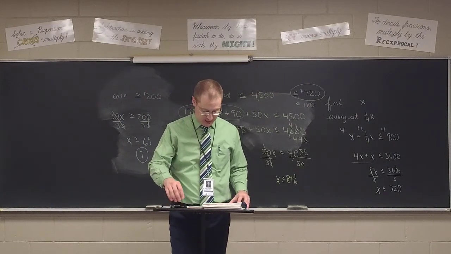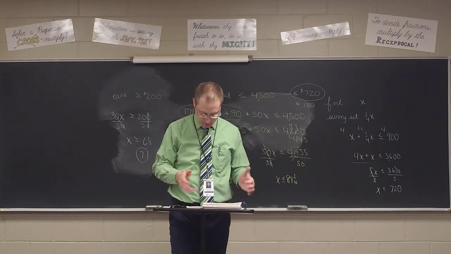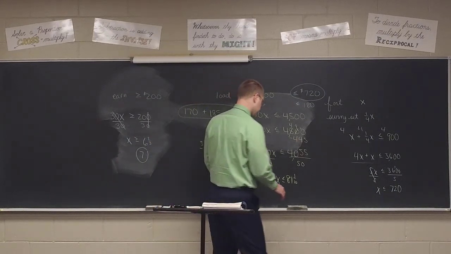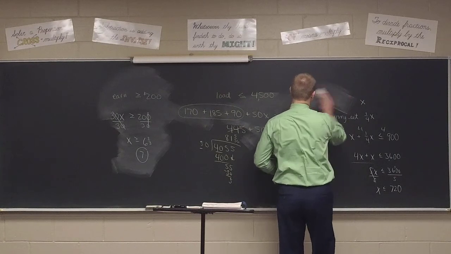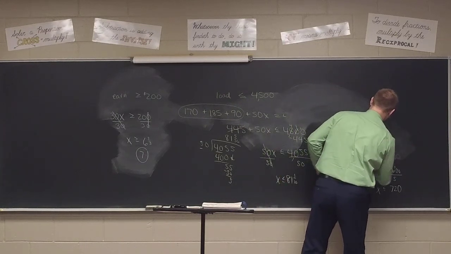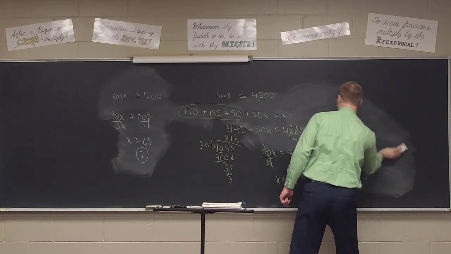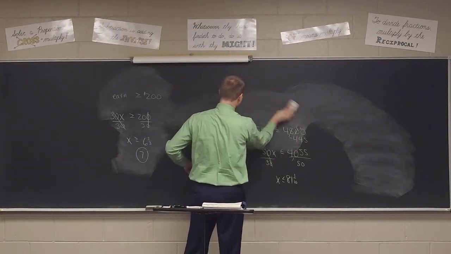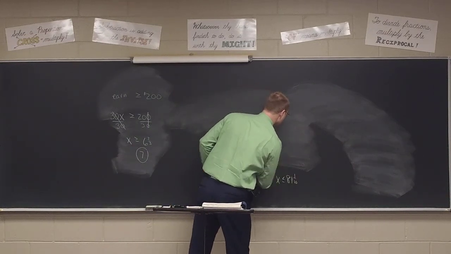Go ahead and read number 15 now. We didn't do this one for homework, but this is similar to some things we've been working on recently. Brecken, read this one as well for us. Tom and Lisa Byers have $16,000 to invest in two accounts, part at 8% and part at 10%. If they want to earn a return of at least $1,450 on the accounts, how much can they invest at